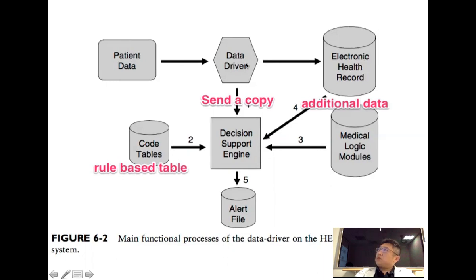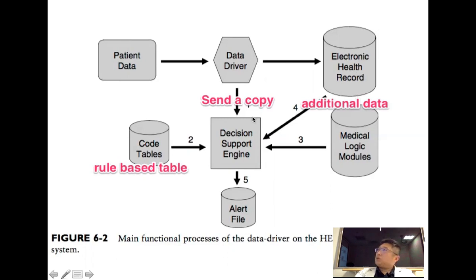Then at the same time, they will send a copy to the decision support engine. But in our hospital or in real practice, it's not like that, because first they will send it here to check whether there is a drug interaction. Then if okay, they will continue to store in the EHR. But anyway,